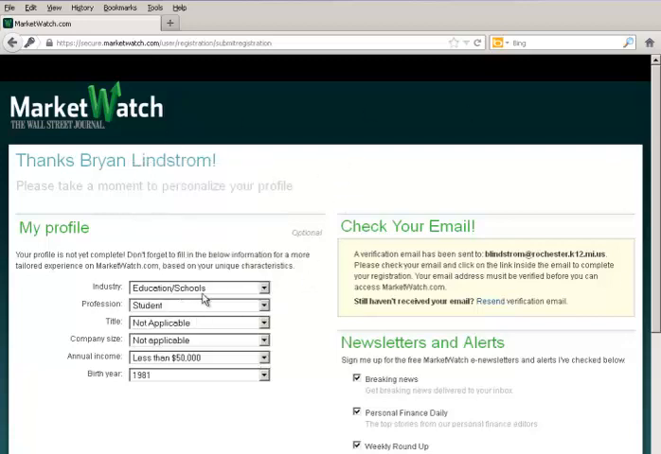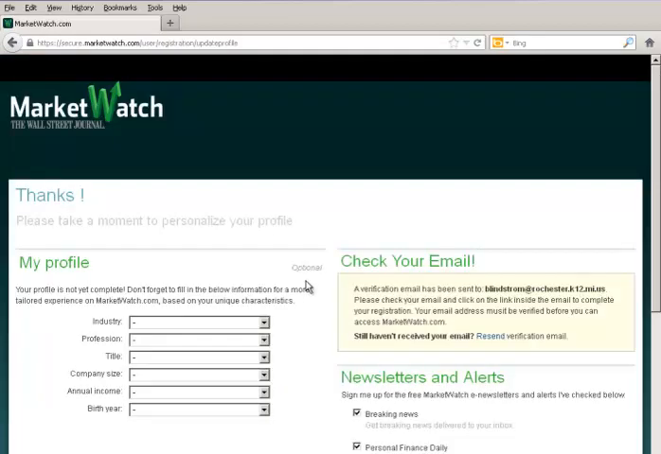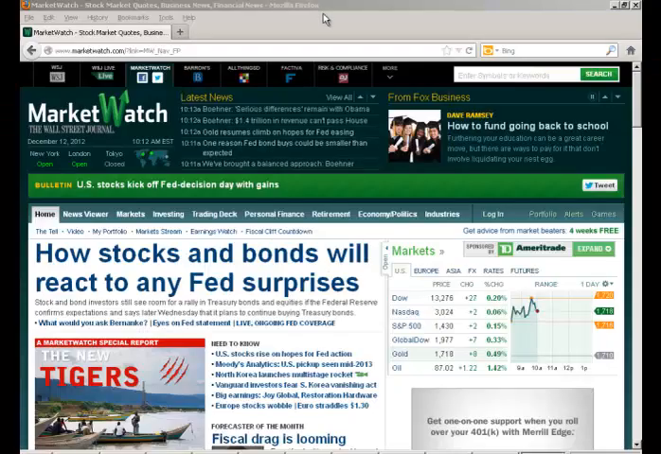All right, so once you enter this information, once again, you want to click off all the newsletters and alerts. Now, you also notice in this area up top, it says to check your email. And it's going to ask you to go to your email, log in, and go through and click on the registration form. So once you're done, you can hit save and log in. All right, so once you've gone and checked your email for your password, you're going to go back to the MarketWatch screen,